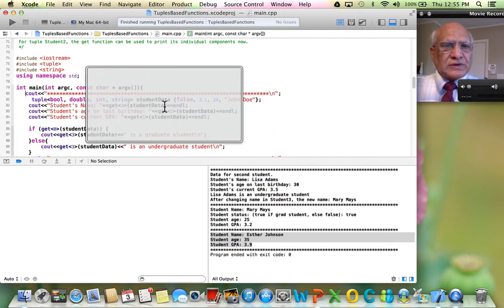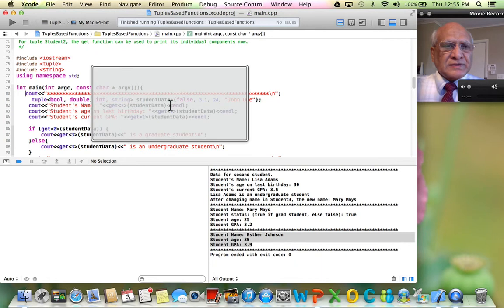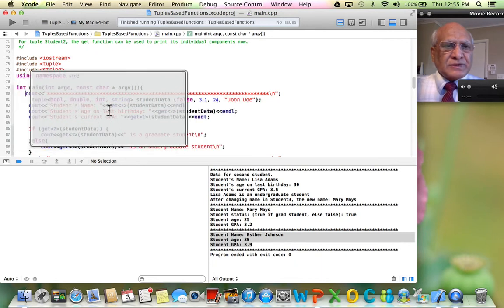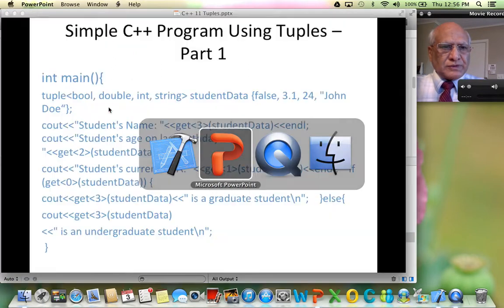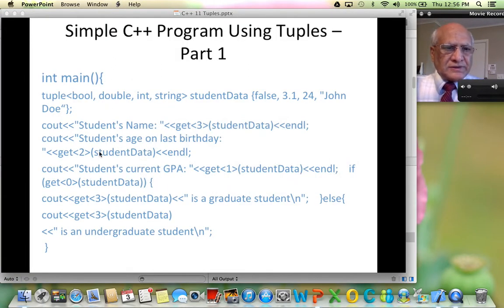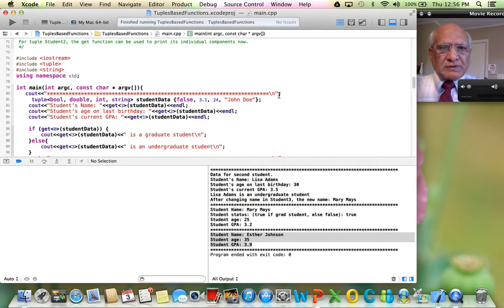In Visual Studio, you will need the round braces, parentheses, and now I'm just printing them. Printing that you saw already in the PowerPoint here, and this is the print code, cout, get 3 student data, and so on. The student age on last birthday, get 2, angular bracket 2, and the tuple name, and so on. Okay, so now I've uncommented that, so I'll run this one more time for you,